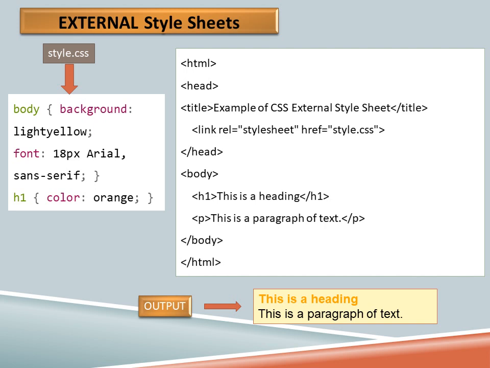And in the paragraph tag, we are not defining any property for p. So the color will be the default color, that is black, but we are defining some properties for the body tag, like the font size, that is 18 pixels, and we are defining some font type also, like Arial. So if the Arial font is present in your computer system, then it will take this font. Otherwise, if that particular font is not installed in your computer system, then the next option is taken.